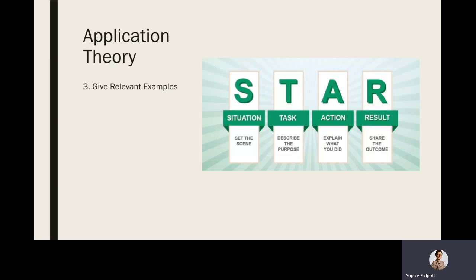I'm a bit of a waffler, and when I write application forms, I get nervous and I waffle more, and STAR really helps me keep on task and give the employer what it is that they're looking for. So this is about thinking about an example that you've got and demonstrating it to the employer. STAR is giving the situation, the task, what action you took and what the result of that was. If you do good STAR-based examples, it shows that you've got relevant experience or relevant enough experience,